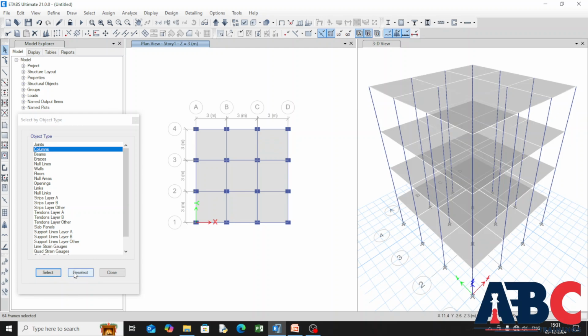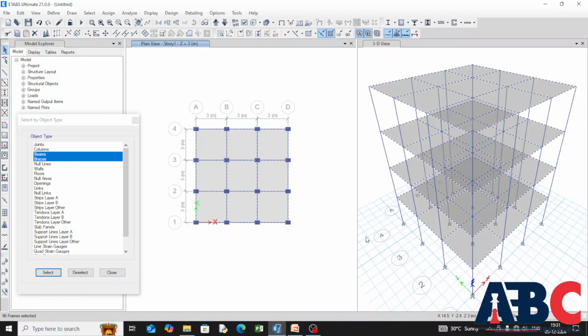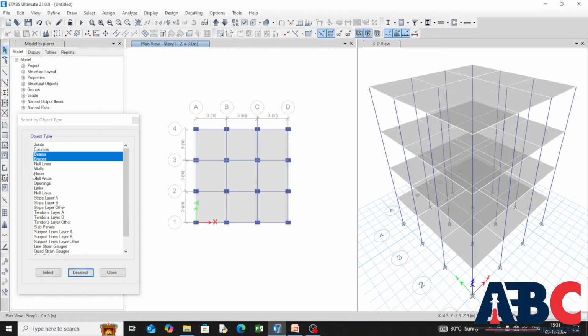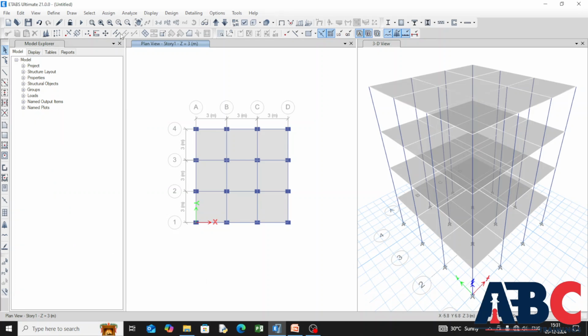Then I am going to select beams and braces. Simultaneously you can select two things also. Select, beams are getting selected, then deselect. There are different options available for your different members. Close it. Then next type is